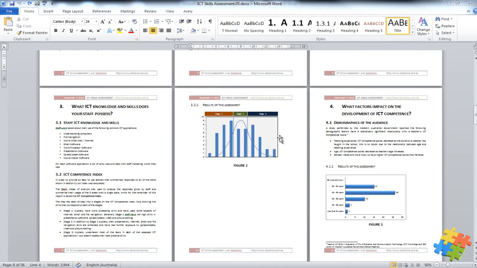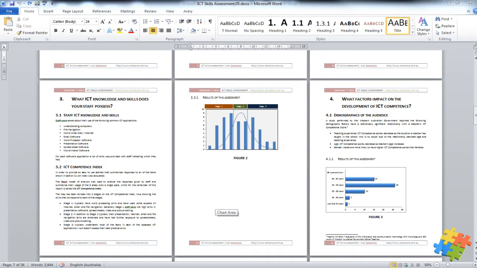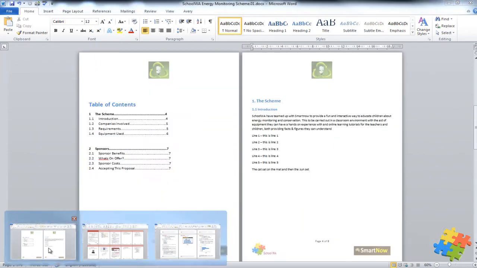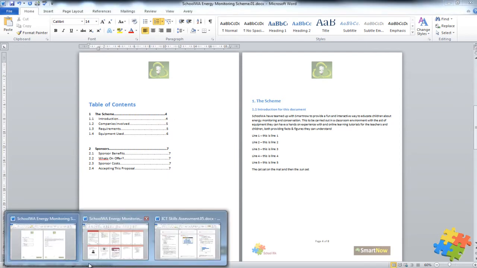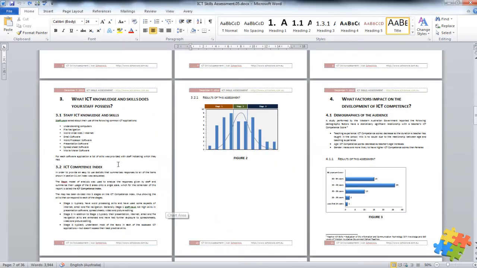So why do I want to use styles? Well, first of all, let's go back to our document that is not using styles and themes. Here I've got a table of contents. And what's actually happened is this table of contents has been created manually. If I make a change perhaps to this title, introduction for this document, I then have to manually update this table of contents. If I though go to my correctly constructed document and I make a change,